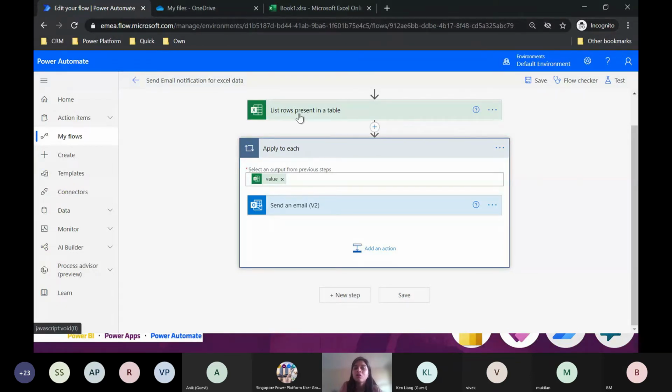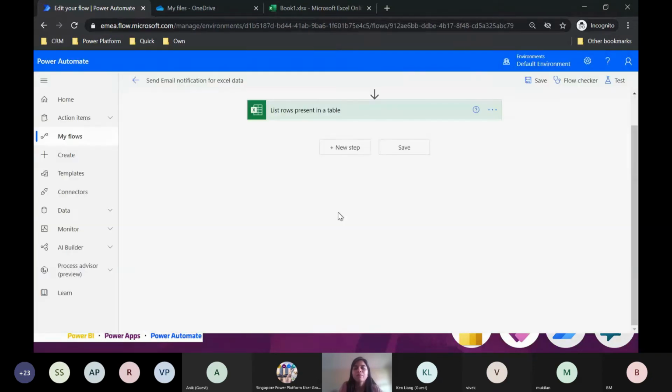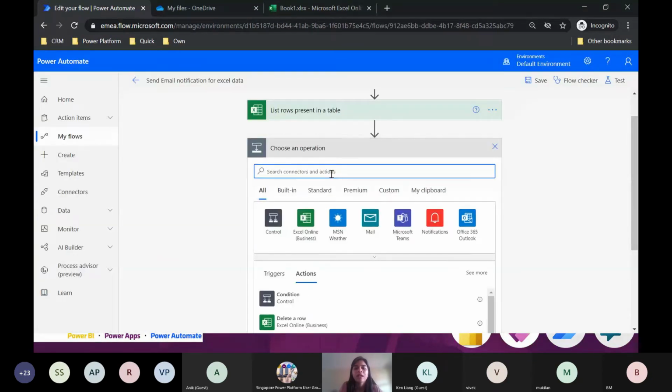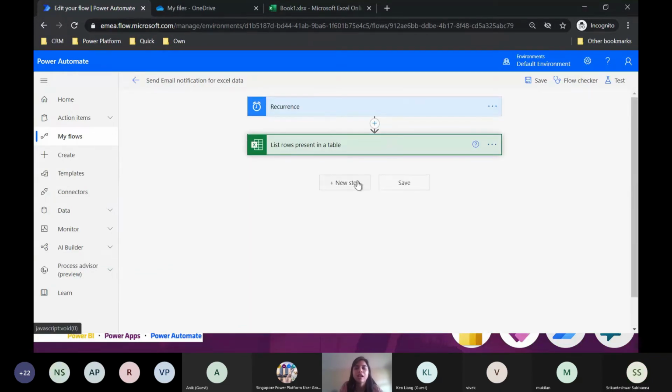That means for each record, I'm going to get one email, and I don't want it. That is not my use case. What I will do is a little trick. I've deleted the Outlook action that I had added.